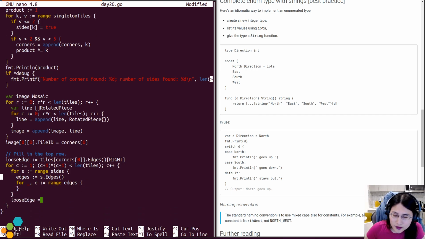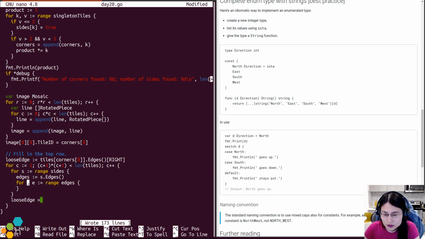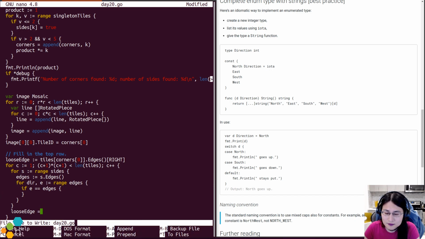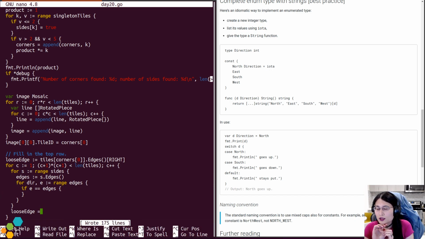All right, and I will need to know which direction it is. If E... let me think about this, because now the direction is going to start mattering.